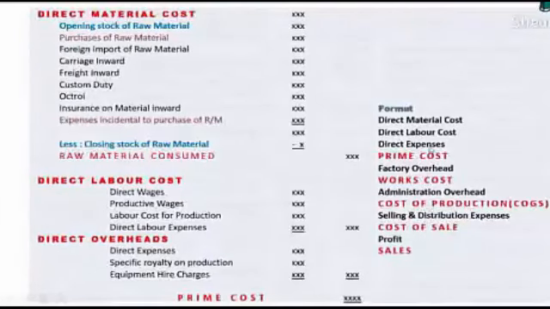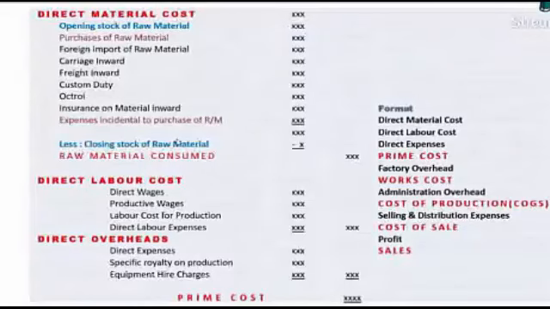Original format is kept in a brief format like this. On the left hand side, we can see the detail items. So what is the direct material cost? In direct material cost, you have to give detailed calculations. It starts with opening stock of raw material, purchase of raw material, and all expenses incidental to purchase of raw material. Then deduct closing stock. The net result is your direct material cost. In technical language, in cost accounting, this direct material cost is called raw material consumed. So let us read out those items.